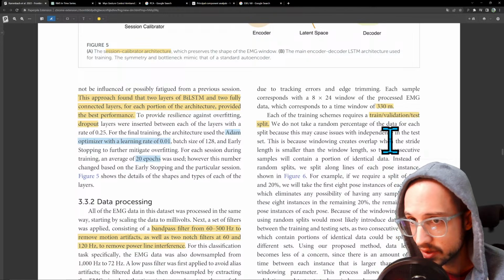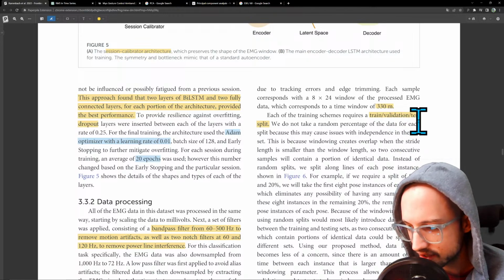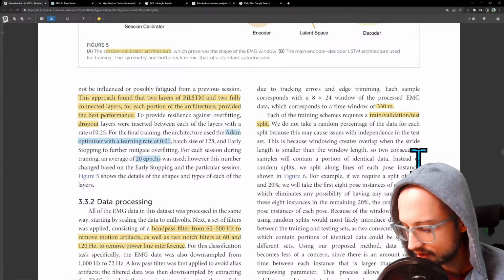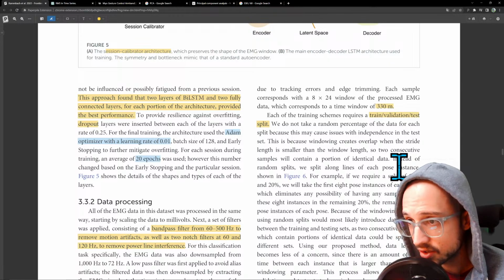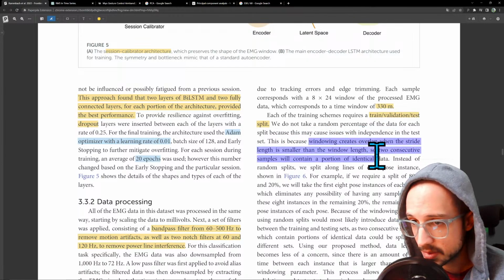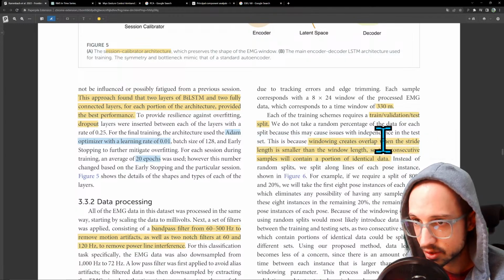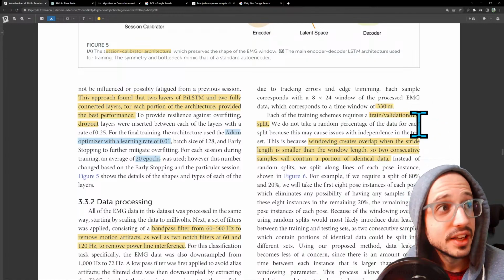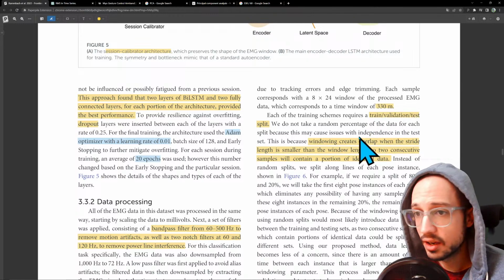So what you're effectively doing is that your test data set and your train data set are basically the same. You're training on your test data set because you're taking frames from the same video. So there's a similar situation happening here, because you have this windowing, right, you have to be careful because consecutive samples will contain a portion of identical data. So if you just naively split into train, validation, test, why